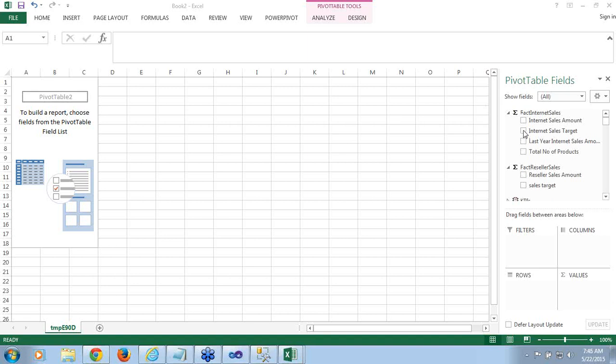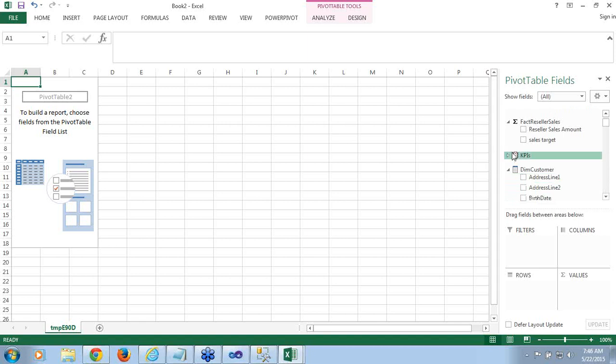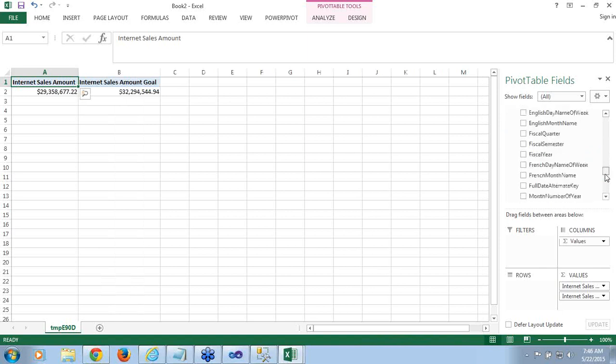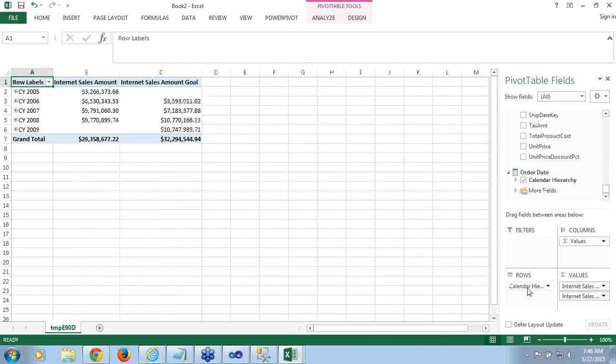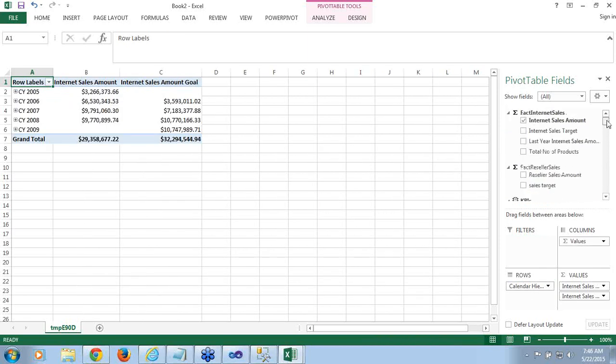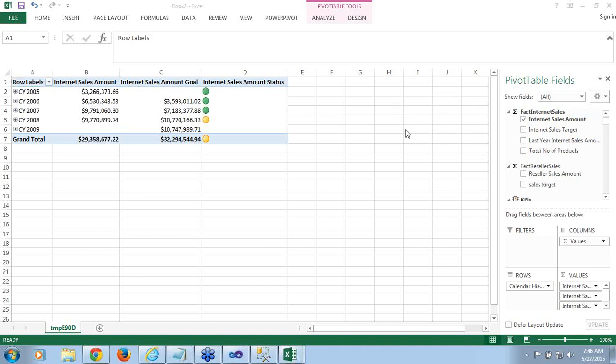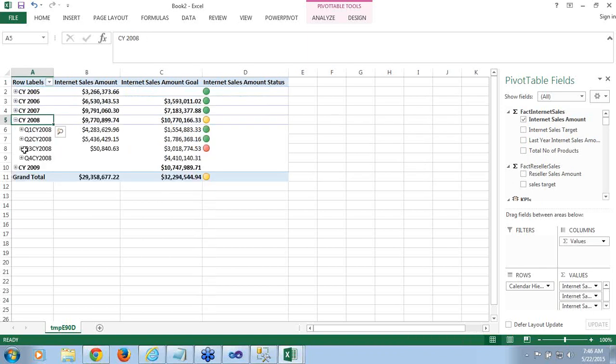Okay, so if I go to my KPI, I select my value and then my goal. Let me pick up the hierarchy here, and then I pick up my status. So if you see here,